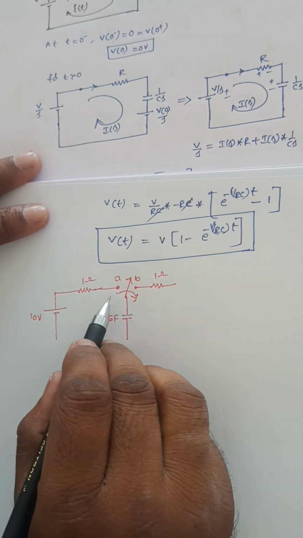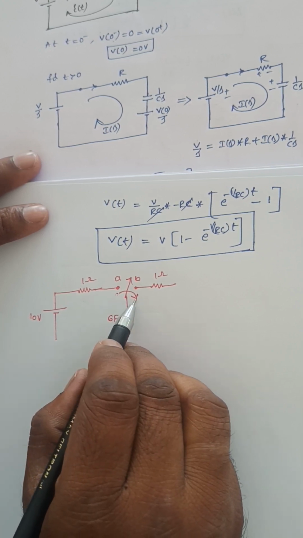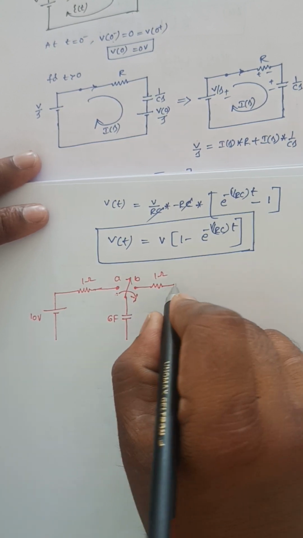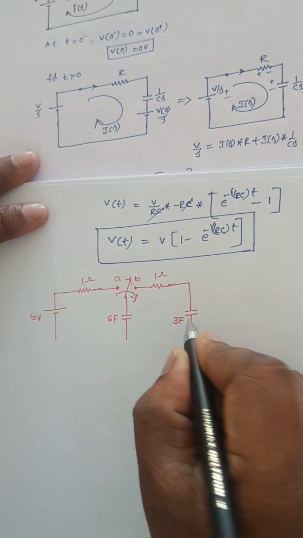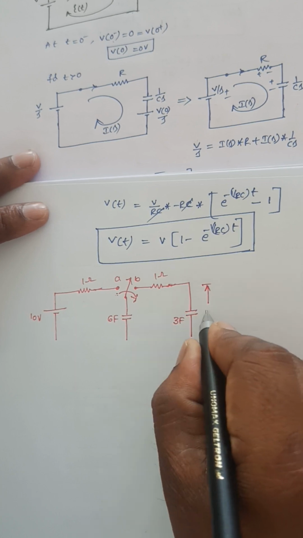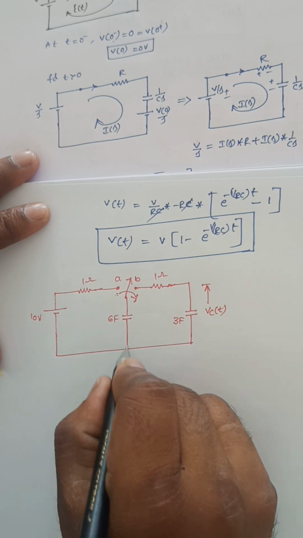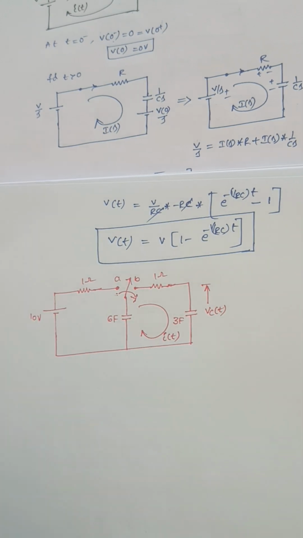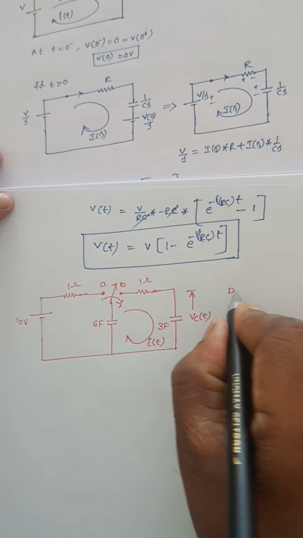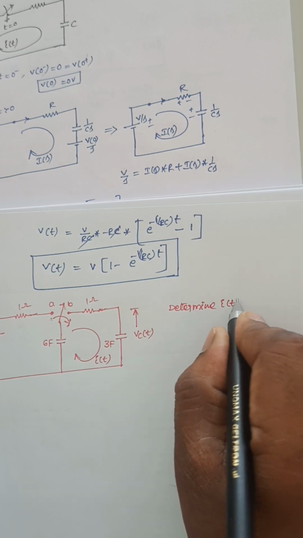The arrow mark indicates the switch is moved from position A to position B at t is equal to 0. Now this is another capacitance whose value is 3 farad, and the voltage across this capacitance is Vc of t, and the current flowing through this is indicated I of t. Here what I need to find is I of t and Vc of t